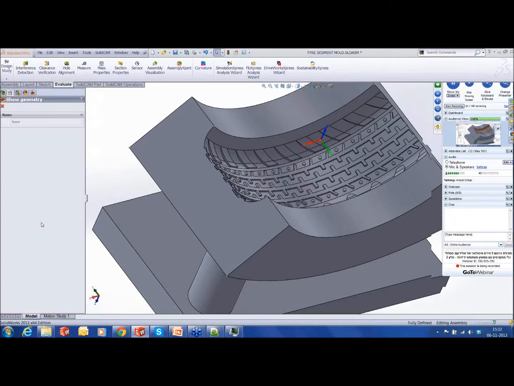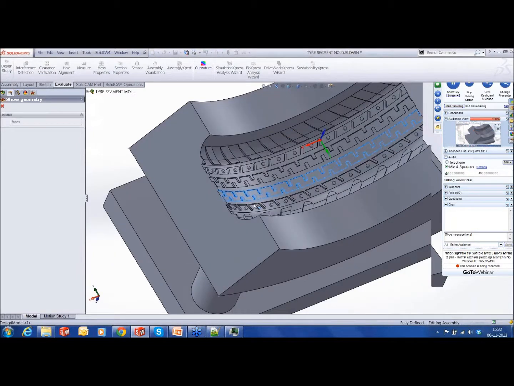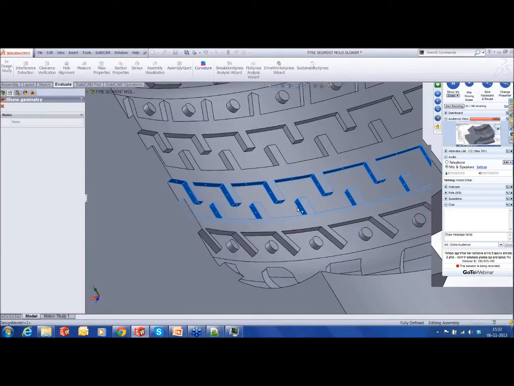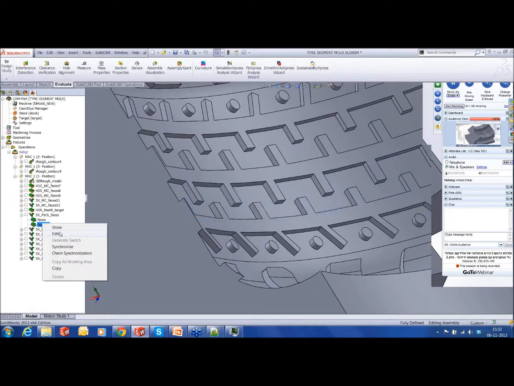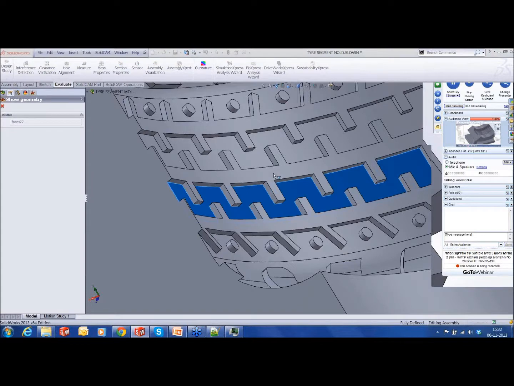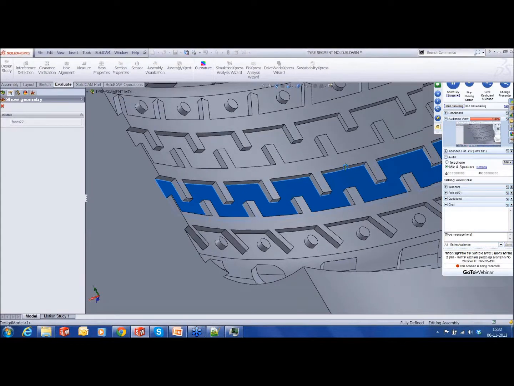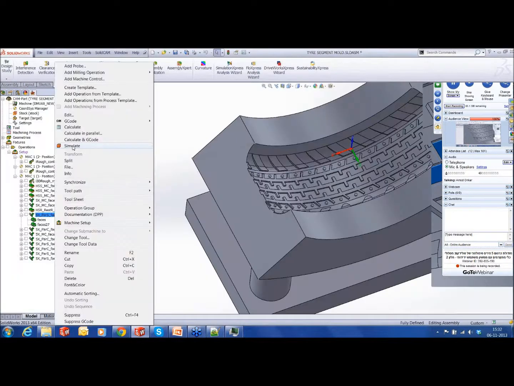parallel to surface, and these are the surfaces that I need to cut, the ones that are marked in blue. Those are the surfaces I need to cut. And the strategy is to go parallel to the bottommost surface. Okay, so how does a toolpath look like? If I run the simulation,